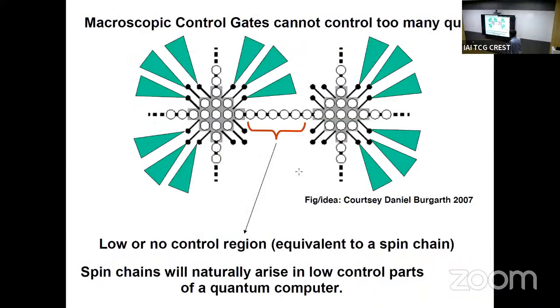And this is a better picture for that, showing why even,